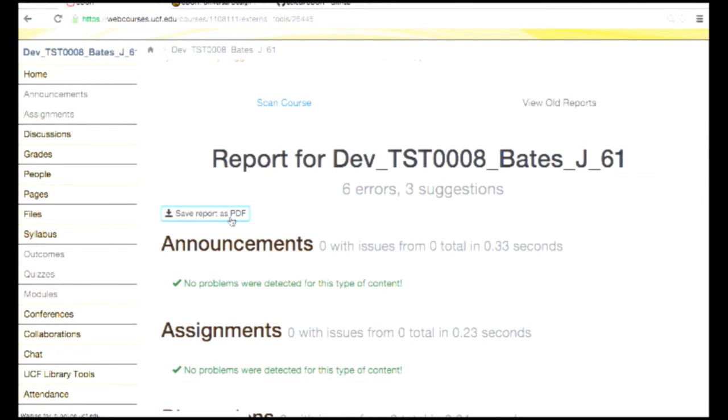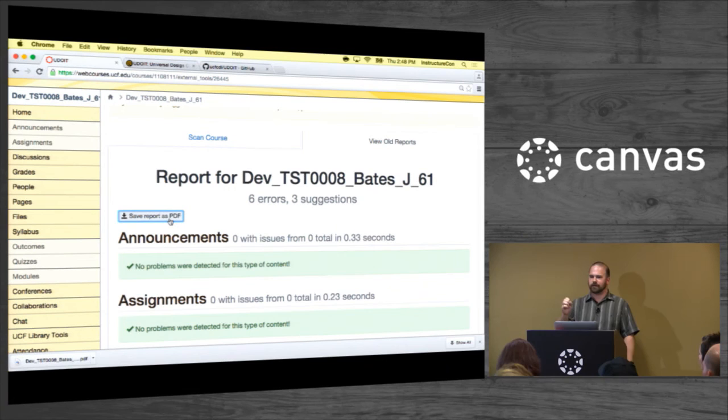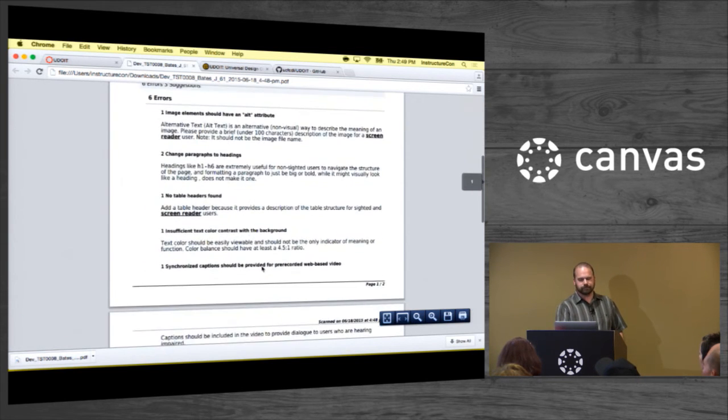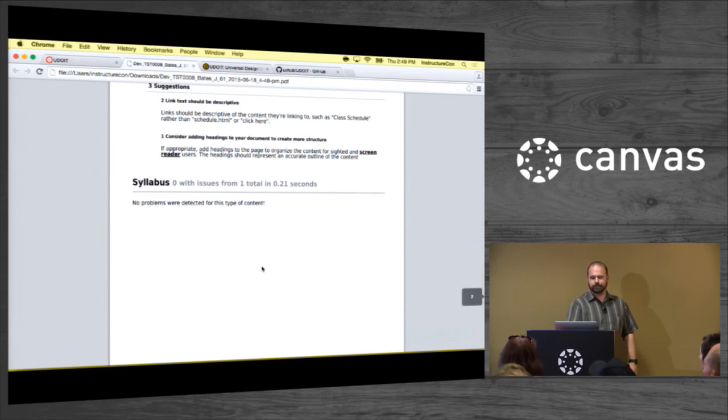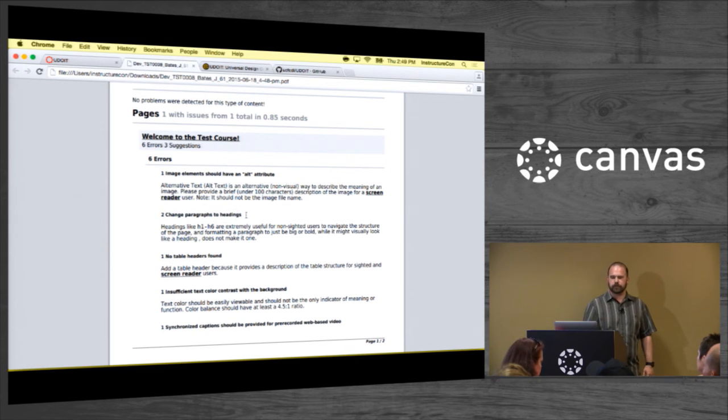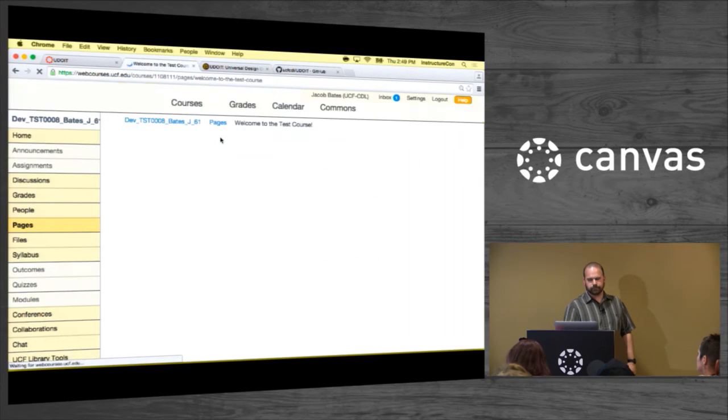Now, I do have to say, we're currently having a problem with this in Firefox. If you have images in your course that are being loaded from a non-SSL source, which you shouldn't have anyway, because most browsers don't like that, when you try to print the PDF or save the PDF, the process we use for that gets messed up. But this is what it looks like. It strips out the HTML and summarizes. It just says, oh, you have 2 change paragraphs to headings issues. And these are still links, so when you open the PDF, you can still click and go to the page in question.